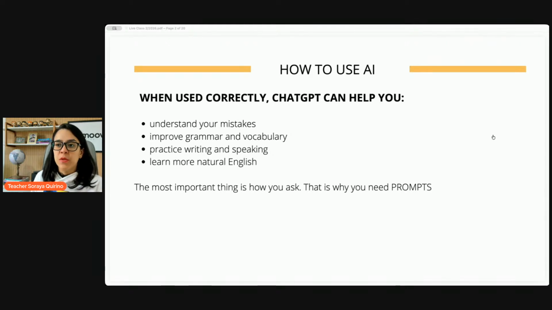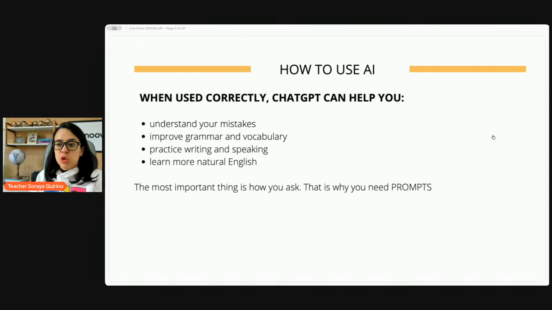It is great if you want to improve your grammar and vocabulary. So if you want to focus on your mistakes, if you want to focus on your difficulties, ChatGPT can do that for you, can customize content for you. I'm going to show you that later. It's amazing for practicing writing and speaking,